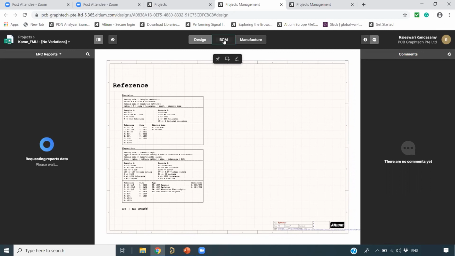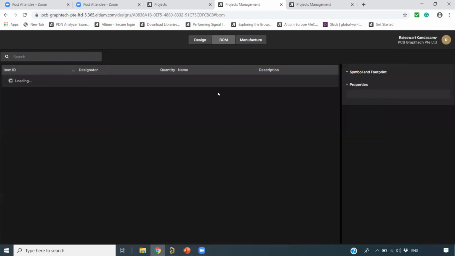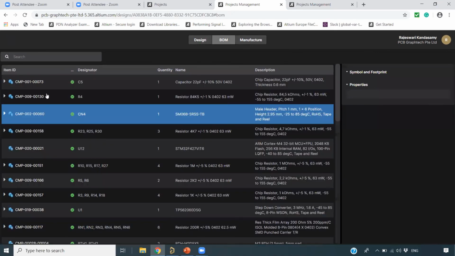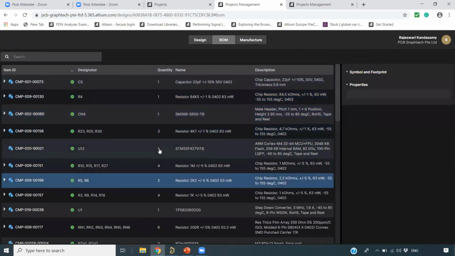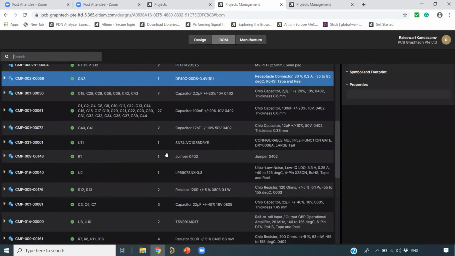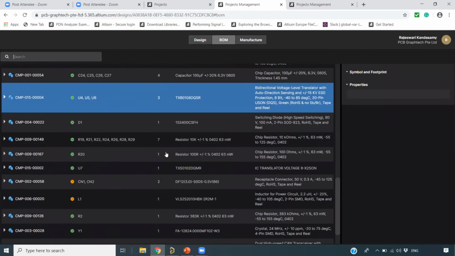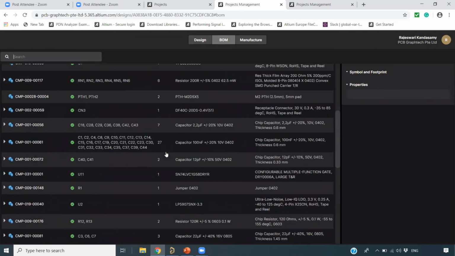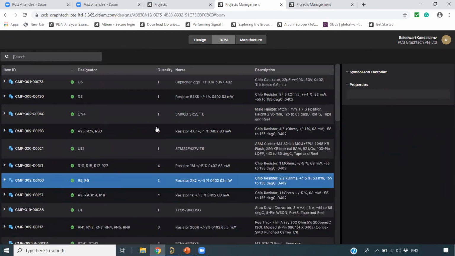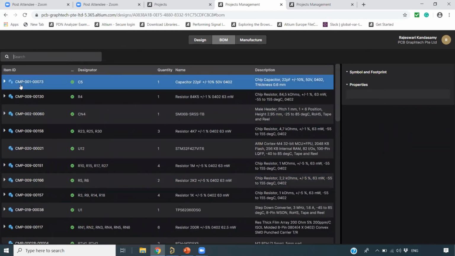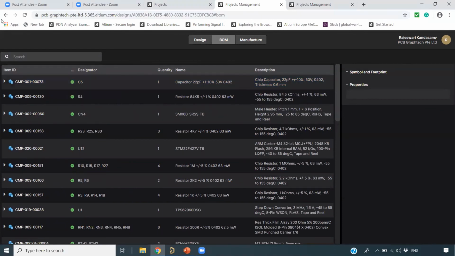I will just go to the bill of material. So under bill of material, yeah, you will be able to see all the component details here. Okay, so you can see this bill of material information. Now, if I want to see the component which I have created inside my Altium Designer software, inside the web browser, how to see it is, we can just go back.